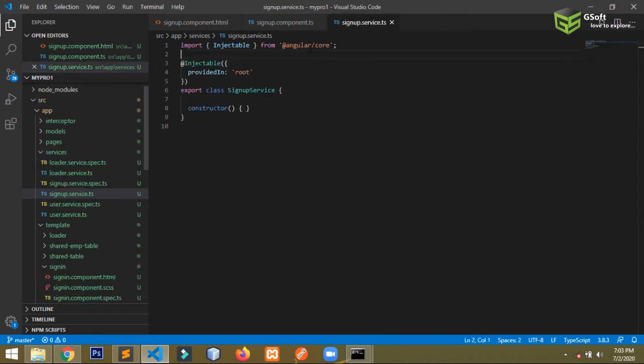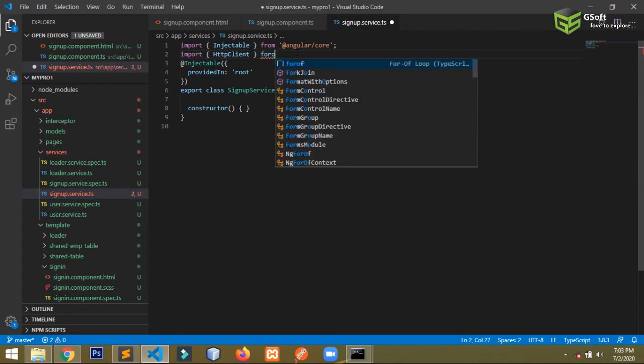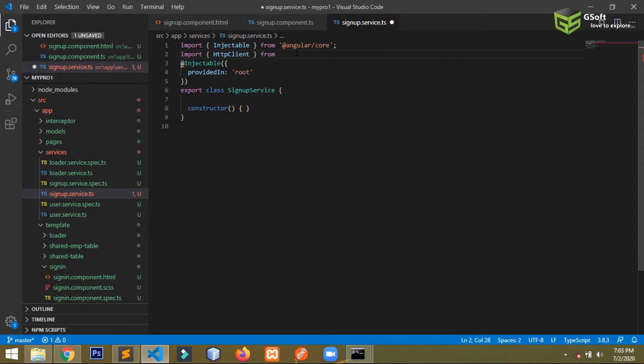Now we will import the other important file here, import, and here I will write HTTP client and then the path, @angular/common/http.